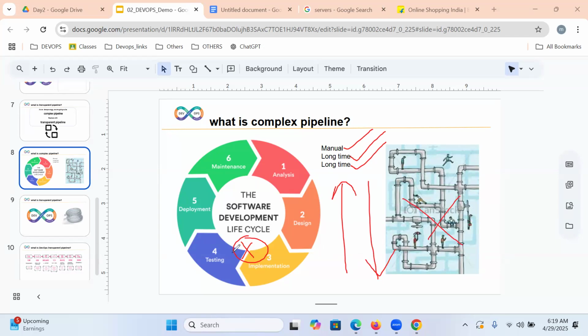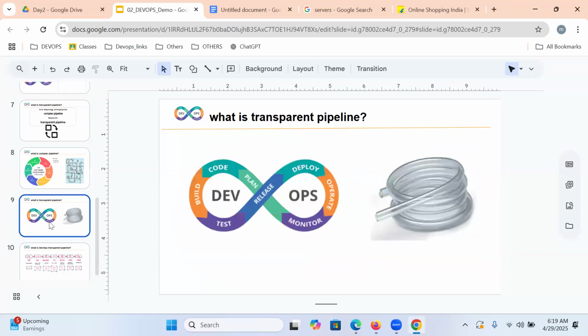So that is the reason we are shifting. What exactly are we replacing it with? Our DevOps transparent pipeline. In this DevOps transparent pipeline, everything is automated and everything is transparent.